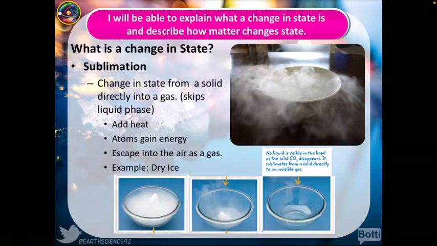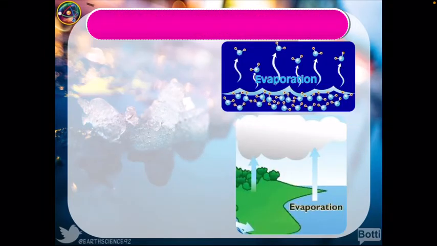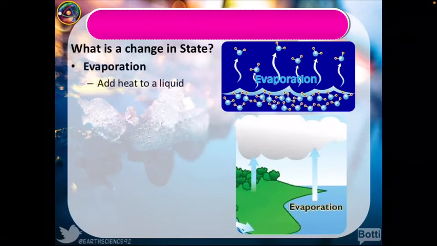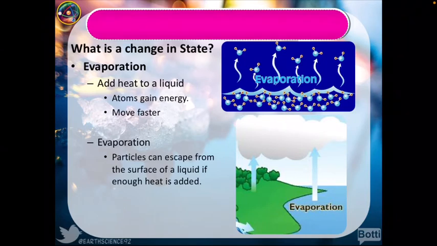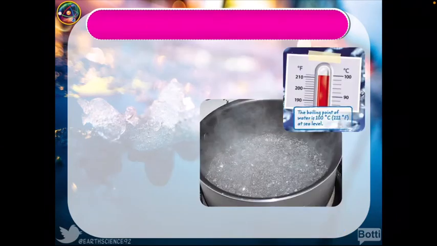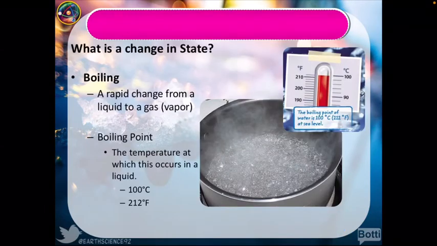So this is another process, and this is one of the processes of liquid to gas. Okay, so the next thing that we learned is evaporation. Evaporation happens when water molecules are heated up and end up in vaporization. The next state is,